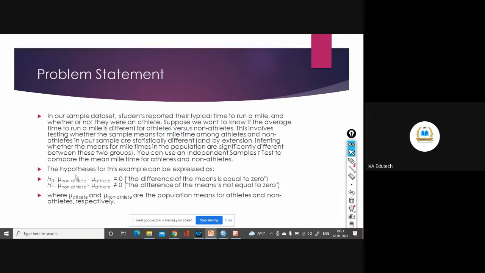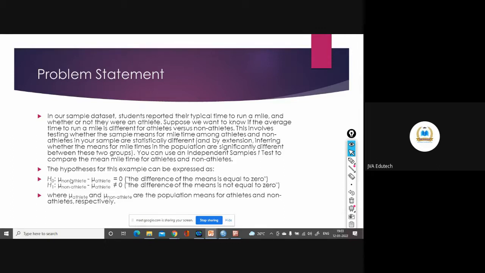So our hypothesis will be mu non-athlete minus mu athlete is equal to 0. Means there exists no significant difference between time taken by the athletes and non-athletes. Or you can also write mu non-athlete is equal to mu athlete.